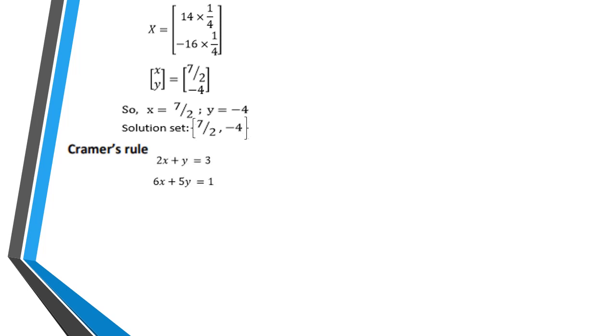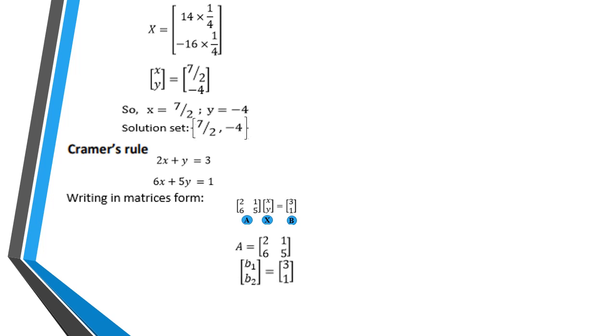Cramer's rule. Now the equations are 2x plus y is equals to 3, 6x plus 5y is equals to 1. First write into the matrix form A, x and B. A is the 2, 1, 6, 5 matrix and x is x and y, whereas the last is B, B1 and B2. The first element, number 3, is B1 and the second element, 1, is